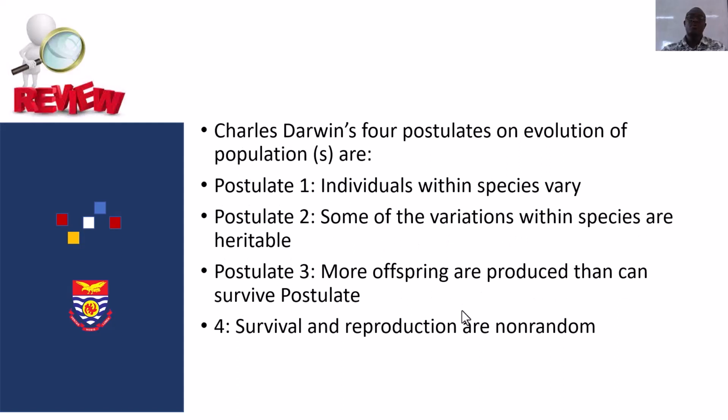Charles Darwin's four postulates on evolution are: individuals within species vary. That's postulate 1. Postulate 2, some of the variations within species are heritable. Postulate 3, more offspring are produced than can survive. Postulate 4, survival and reproduction